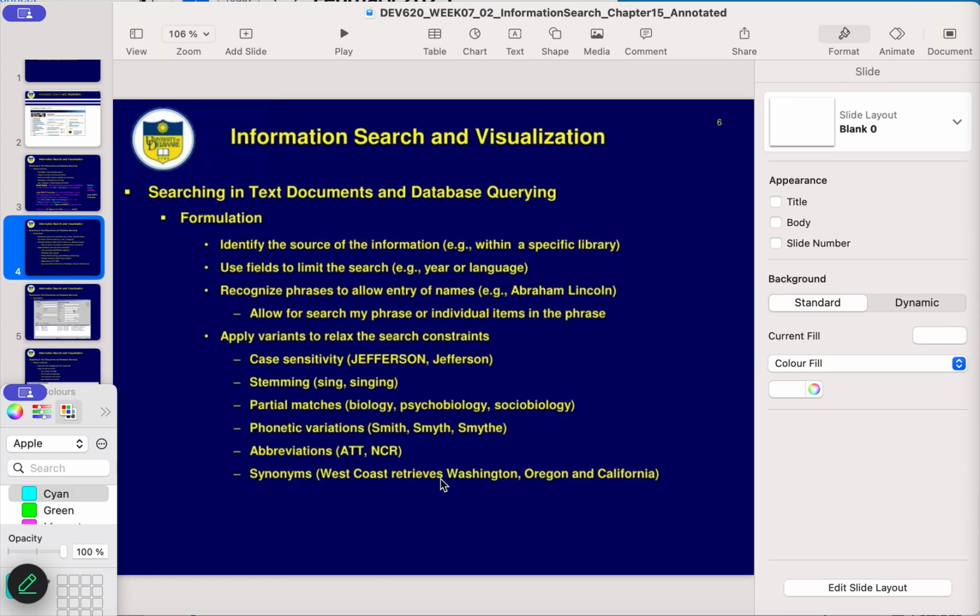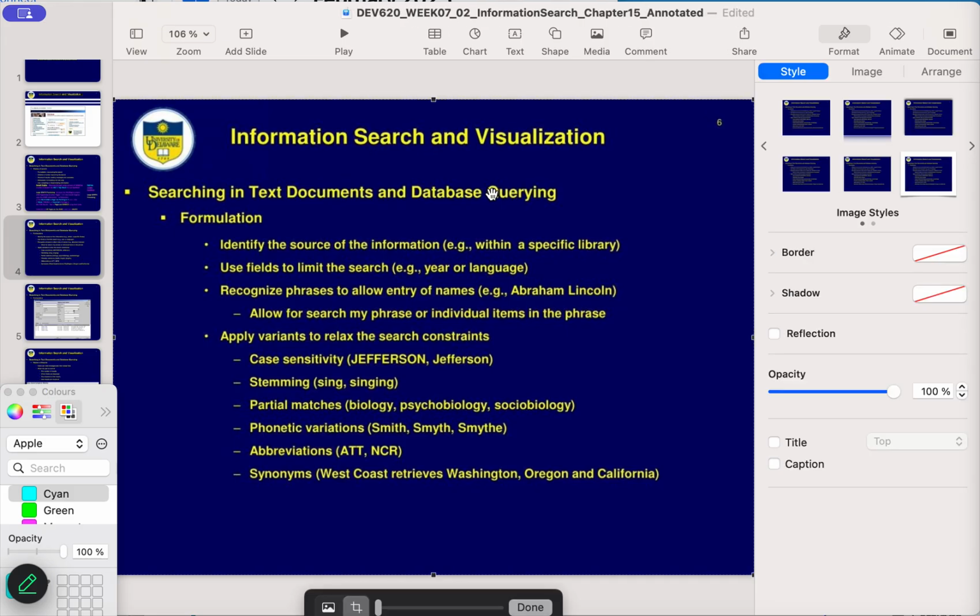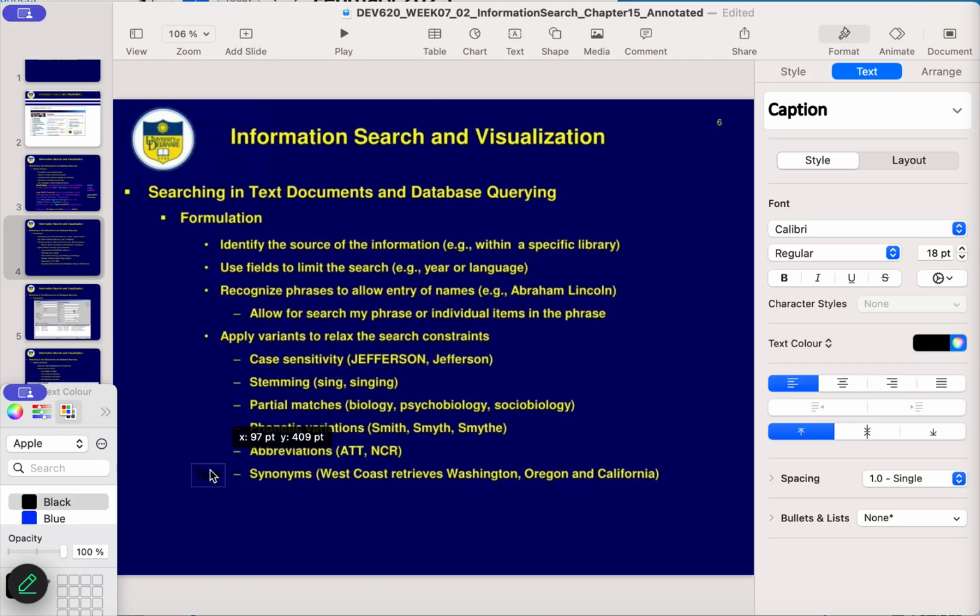Now let's look at searching databases: text databases, relational databases, and databases containing texts. So what are we going to do to search these databases? This is easy because we are just going to send a query to the database. That's what a database is for. It is a database management system